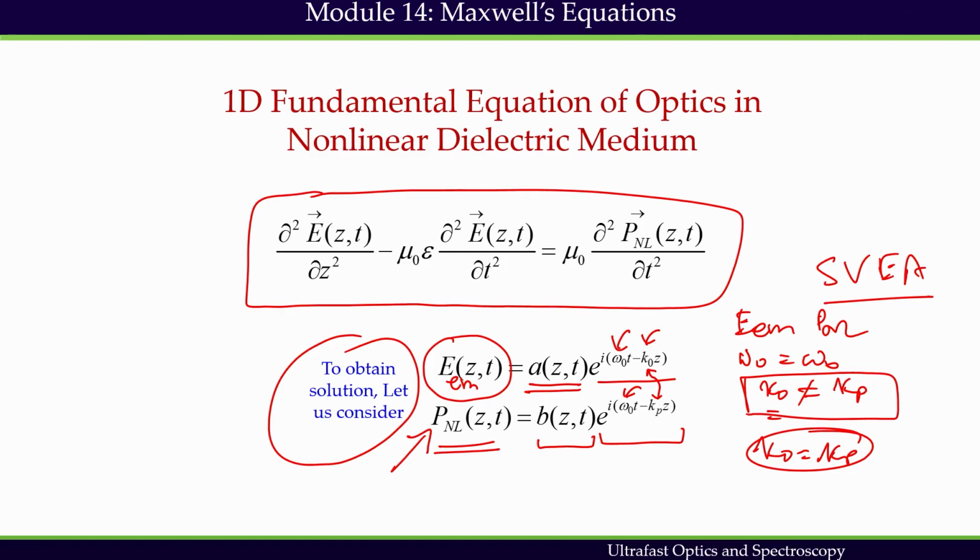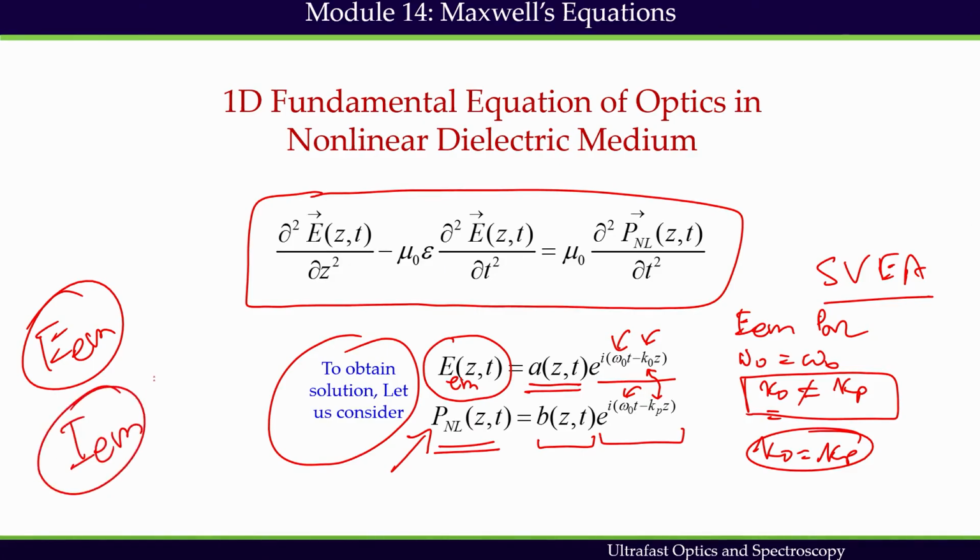So, now the question is how they are related. This is something we need to find out. In the end, I need a solution for Em, the emitted electric field, because if I know the emitted field intensity, I want to find out what factors can control the field intensity of the emitted beam. That is exactly what we want to know, because this field intensity of the emitted beam is nothing but the conversion efficiency